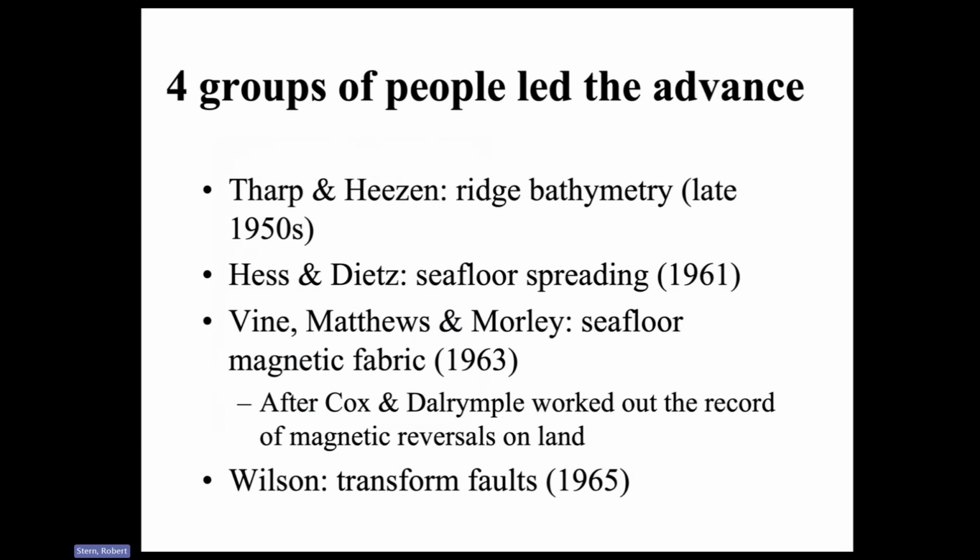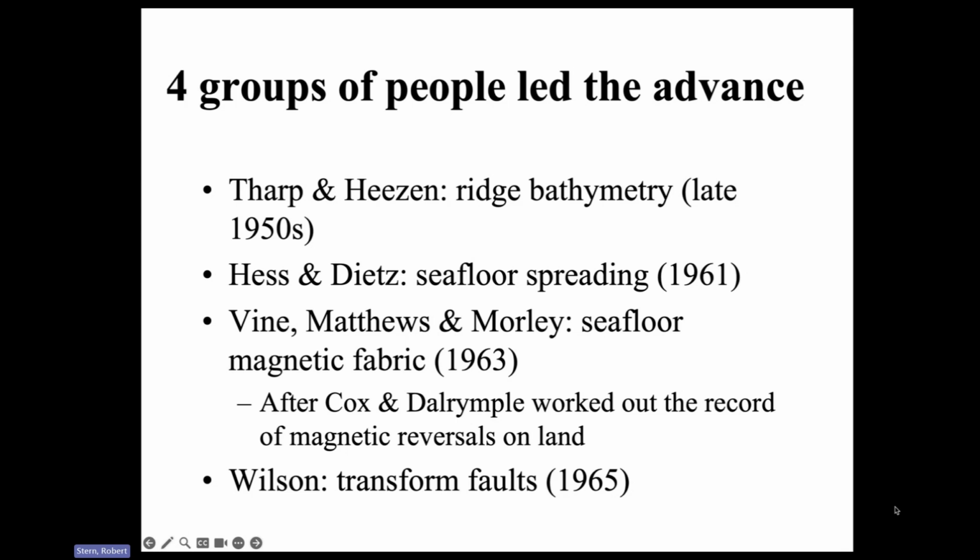So there were four groups of people that led the advance to our understanding of seafloor spreading. They were Tharp and Heezen, who worked out ridge bathymetry. Bathymetry, remember, is topography underwater. And they noticed we had enough information about especially the mid-Atlantic ridge to talk about its bathymetry, what it looked like. That was in the late 1950s. So this is all being done in the background of continental drift, trying to understand whether it happened and if so, how. Then Hess and Dietz